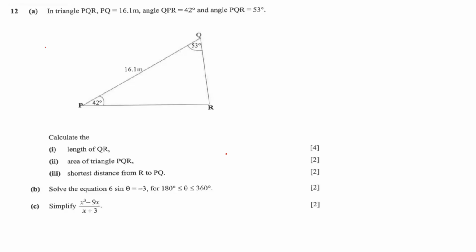Now here is the question. In a triangle PQR, PQ is equal to 16.1 meters, angle QPR is equal to 42 degrees, and angle PQR is equal to 53 degrees. The first question here is: calculate the length of QR, this